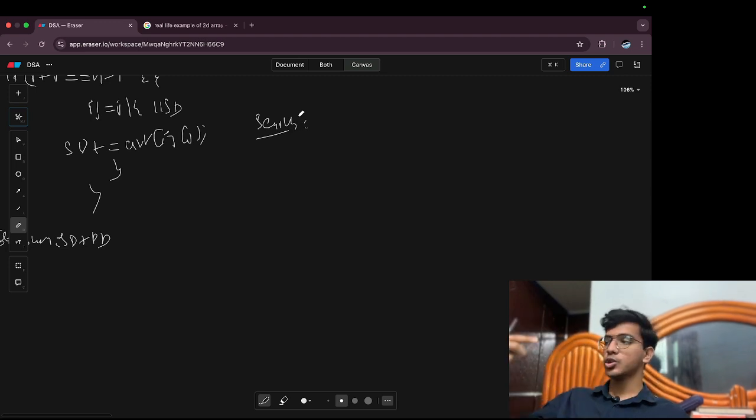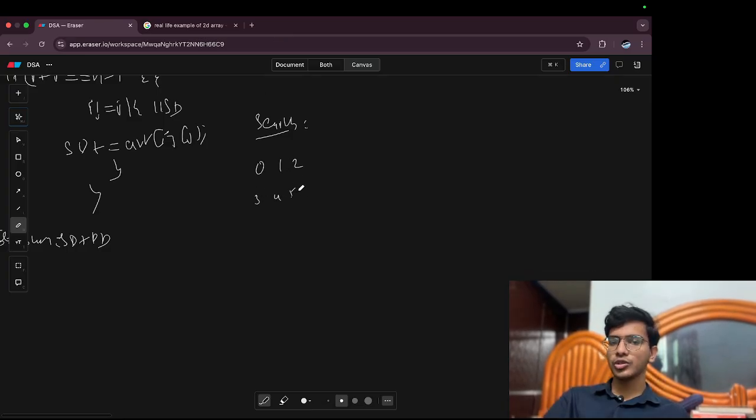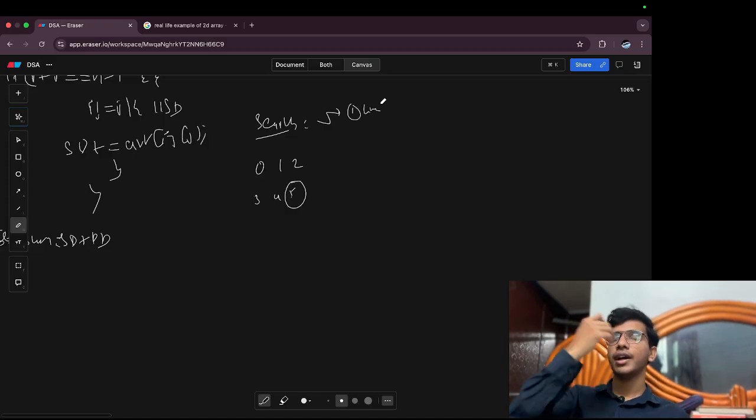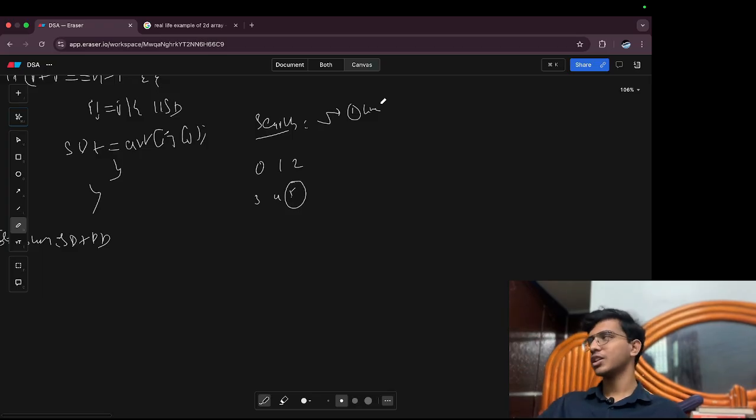One is binary search, one is linear search. So let's say I have a two-dimensional array 0 1 2 3 4 5. Now user asked me to search whether the element 5 is present in my given array or not. So for this also we have two approaches. One is linear search, where I will go to each and every element and I'll search whether 5 is present or not, and this will give me n square time complexity